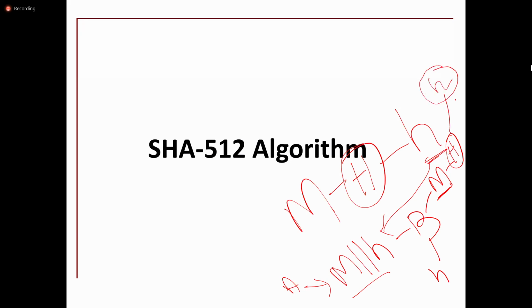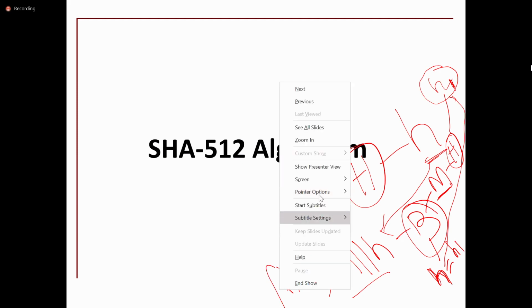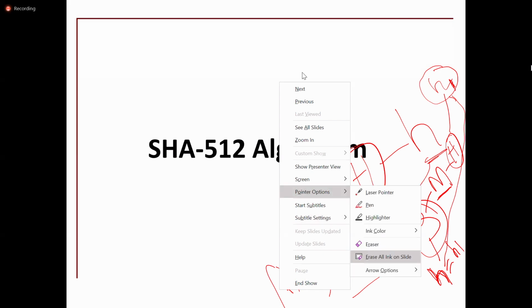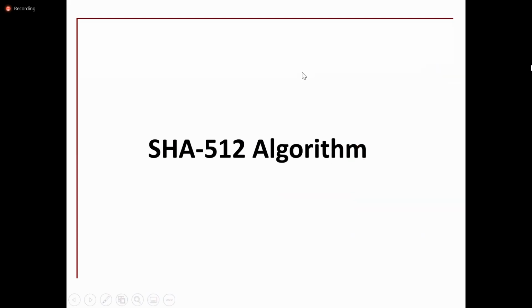Suppose H1 is generated and the hash code received is H. If H equals H1, then the receiver concludes that it is from the valid sender. So authentication will be verified. That is the purpose of hash code. We already discussed the SHA-1 algorithm.